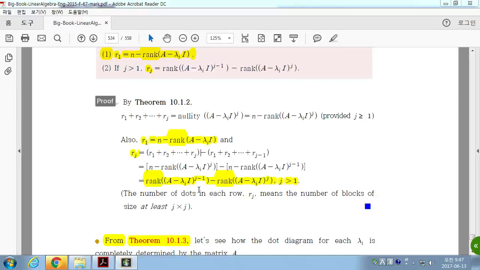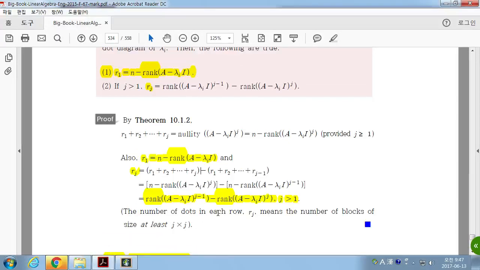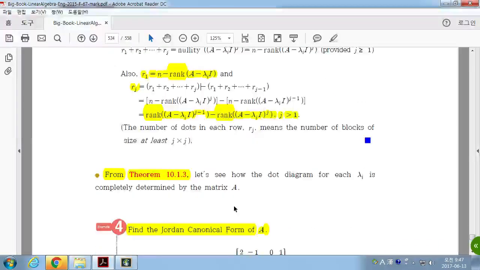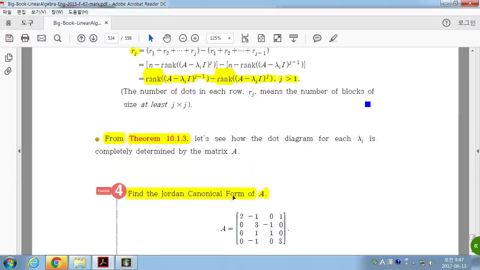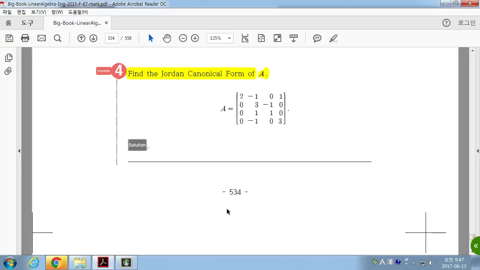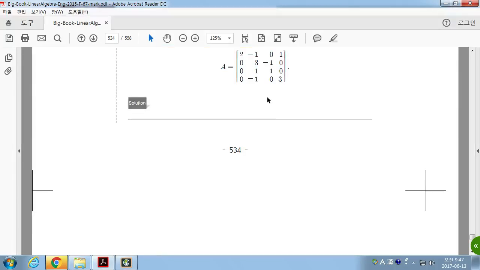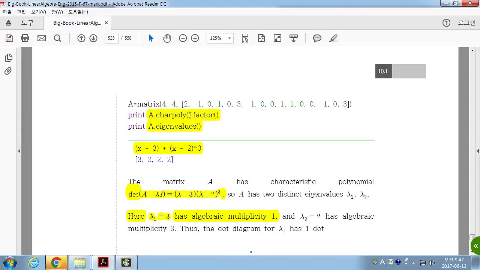Okay, so from the observation and the computations, we found the relationship between the Ri's in this way. With those, we can now find the Jordan canonical form of any given matrix. Suppose we have a matrix A like this, then we can find the characteristic polynomial of the matrix A,